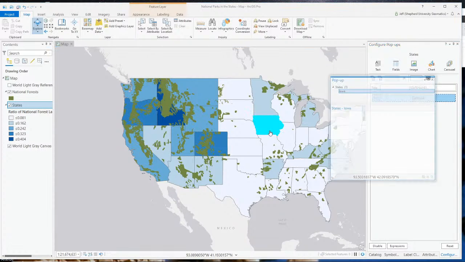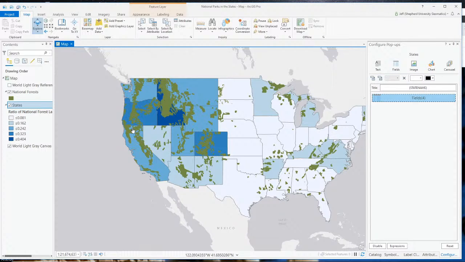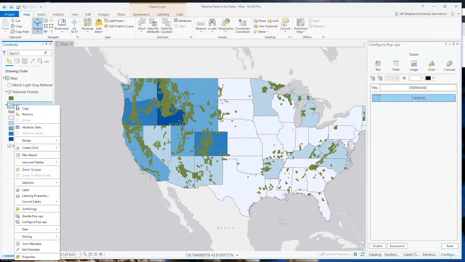Okay, so now if I click here, that's all you see. The state name, how much square miles the state is, how much square miles in parks, and the ratio between those two numbers. So these titles are not very descriptive. Square miles, you don't know that that's the square miles of the state, and this is the square miles of the national forest. So let's change that, and the way you change that is by changing the alias in the